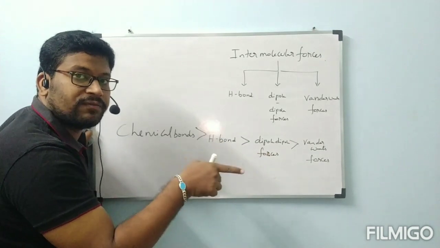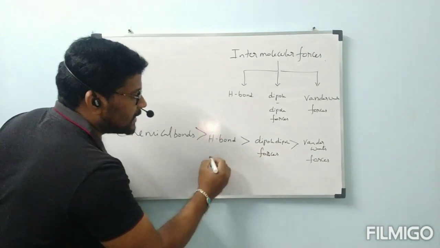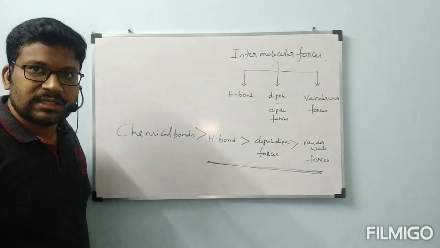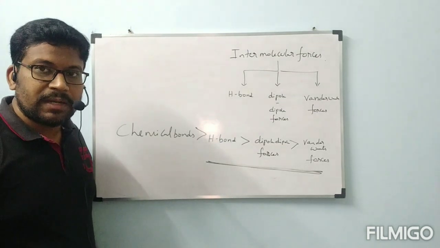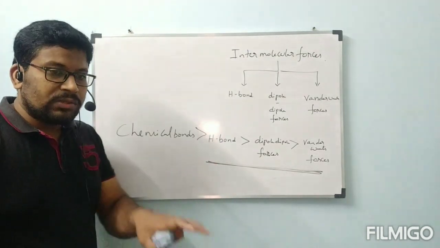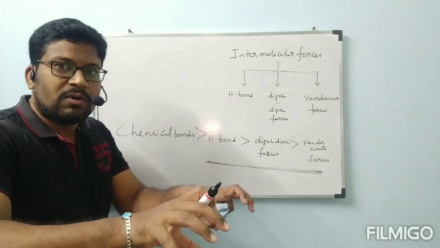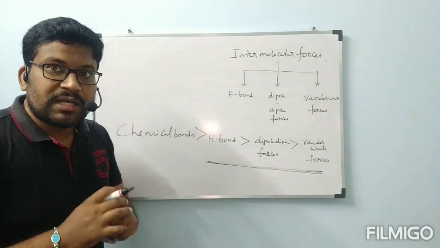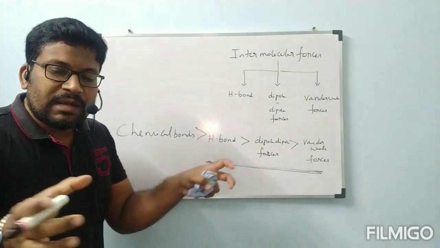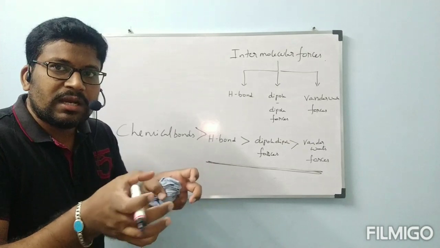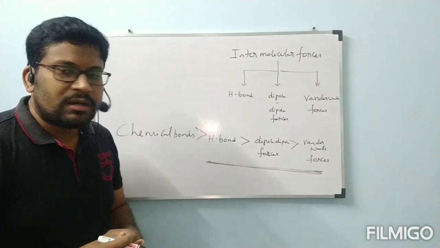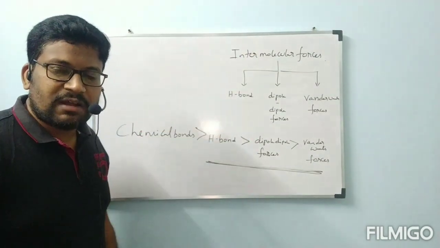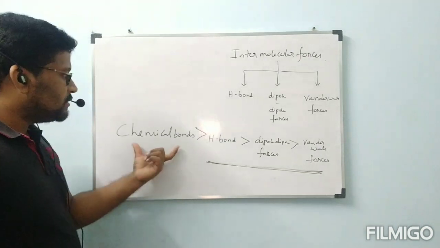But the state of any substance will be decided by these intermolecular forces only. State of matter is decided by intermolecular forces, because it depends on whether the molecules are very far away or moderately far away. It is decided depending on the strength of the intermolecular force. If the intermolecular force is strong, the molecules are closer, and then it will be solid or liquid. Correct or not? Intermolecular forces are going to decide the state of matter.